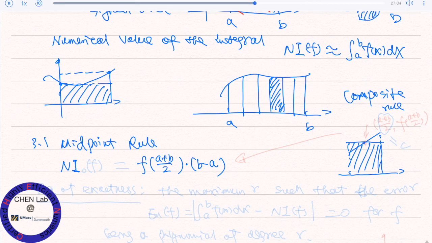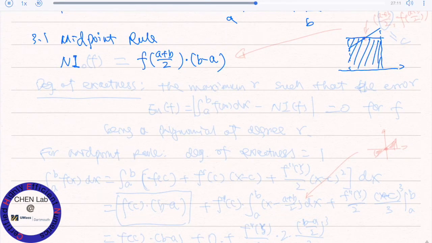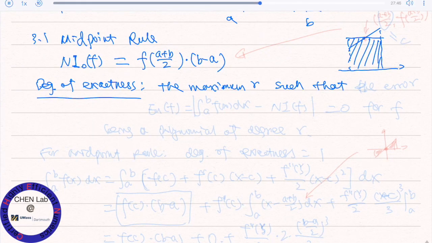And what we're doing is we're using a degree 0 function to approximate our f. So we're going to use that I sub 0 of f to denote it. We're going to introduce, as you read the book, you'll see the so-called degree of exactness, which is the maximum r such that the error,